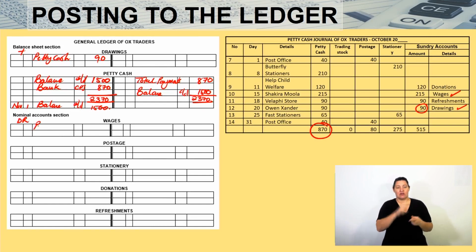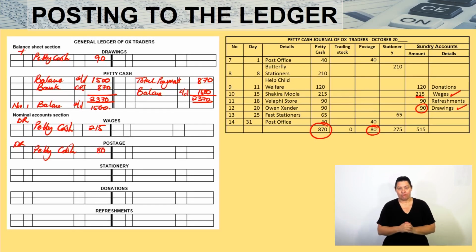I'm coming here to say petty cash, and then how much is that? That is 215. I'll come to postages. Remember, again, on the debit side. So I'm going to say again petty cash, and how much has been spent on postages. It is 80 rands. So I'm coming here to say 80 rands. The next one is stationery, where you see 275. So on the debit side, I'm going to say again petty cash. And how much do you see here, learners? It is